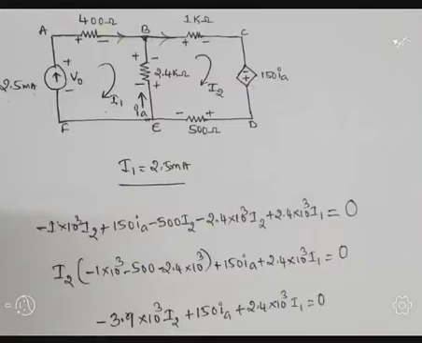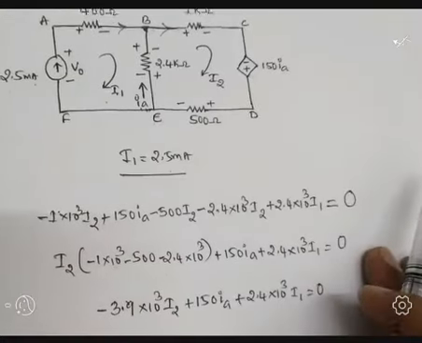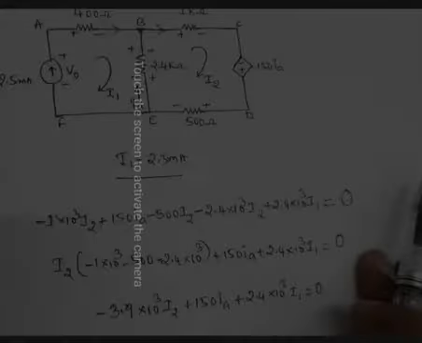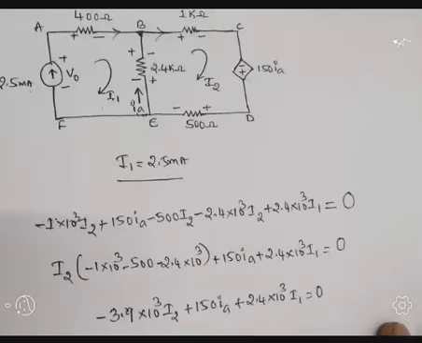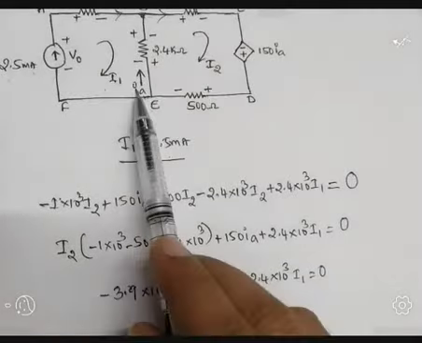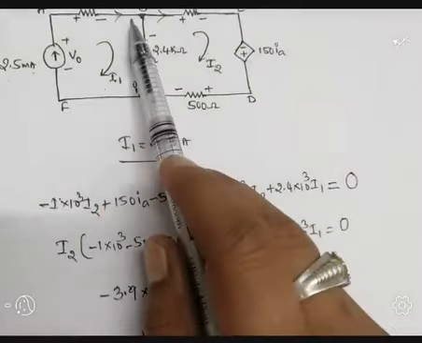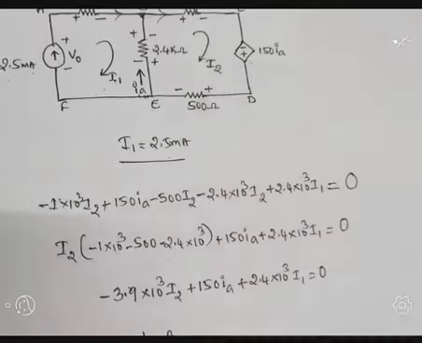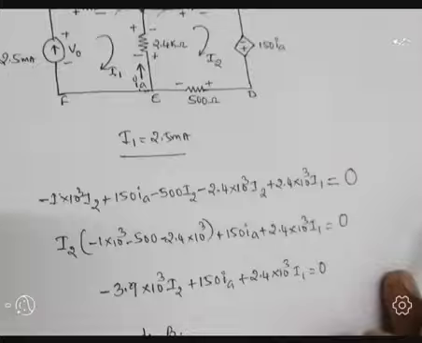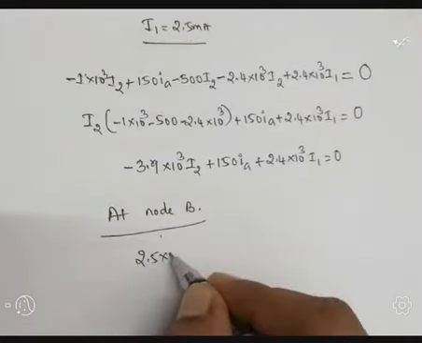And what about one more current? Current IA is moving towards. So as per KCL, Kirchhoff's current law, at node B we can write: how many currents are moving towards? Two currents are moving towards, that is 2.5 milliamperes and current IA, and current I2 is moving away. Correct? So as per KCL at node B, we can write 2.5 milliamperes, that is 2.5 into 10